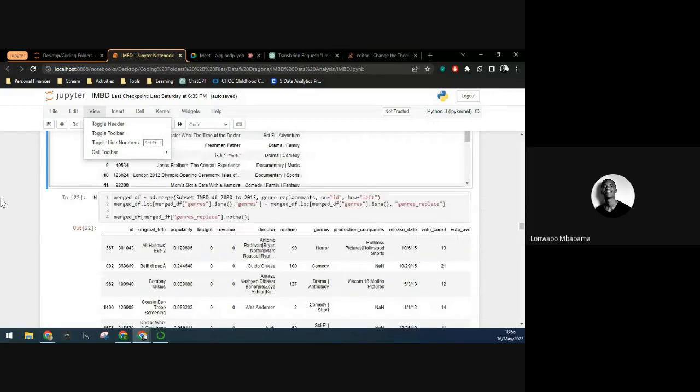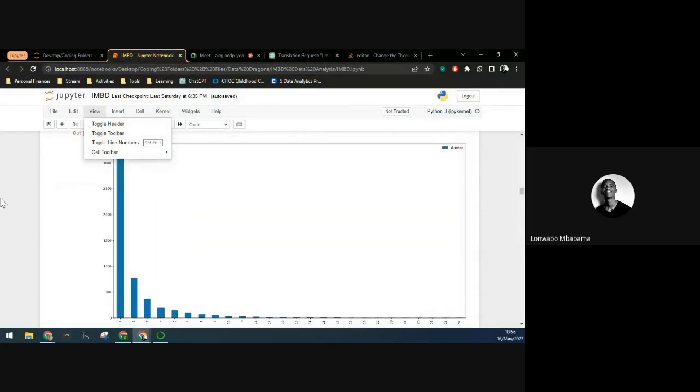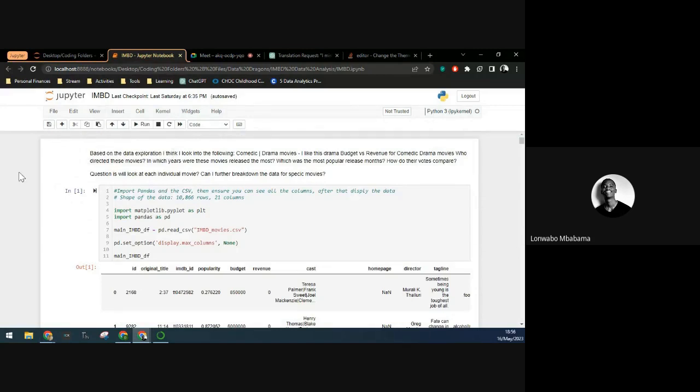So I chose to look at the movie dataset. My reasons were it just looked like one that would be easier to understand. And just by looking at the attributes that were there, I could almost tell that I could look at revenue versus budget per genre, or per director, or by production company, or which production company made the most revenue over a certain year, or whatever. So it felt easier to just